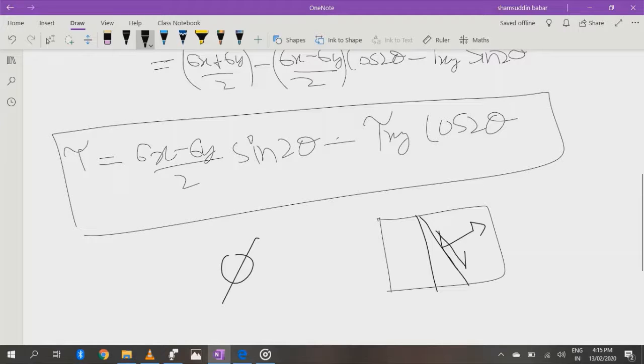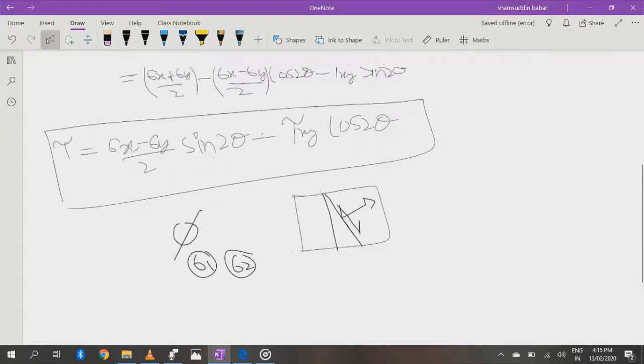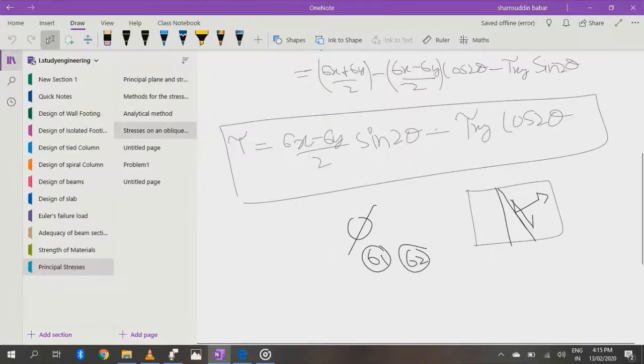It is the angle of the major principal plane, and we will find stress 1 and stress 2, or stress maximum and stress minimum, meaning the stresses on the major principal plane and minor principal plane, the major principal stress and minor principal stress. So to find out